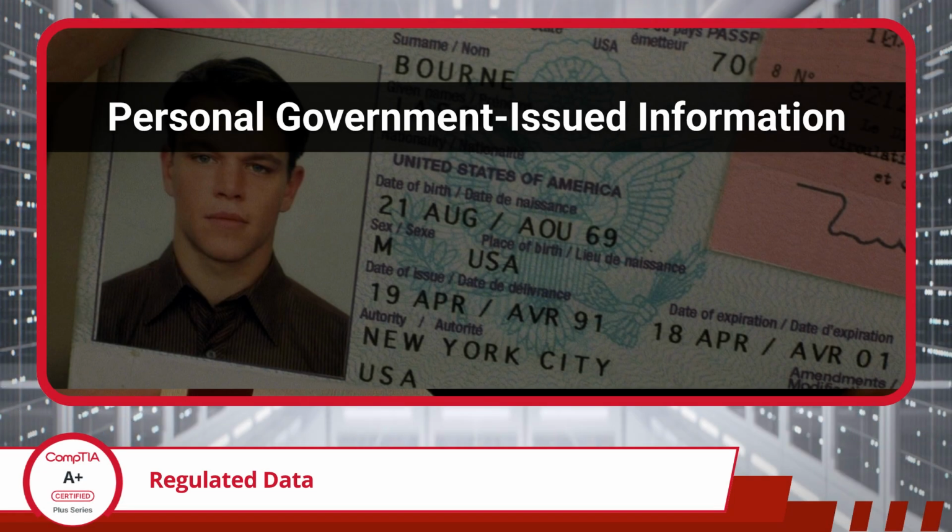Next, let's consider personal, government-issued information, a category that includes highly sensitive identifiers like social security numbers, driver's license numbers, and passport IDs. This type of data is vital for identity verification but is also highly sought after by malicious actors for identity theft and fraud. To protect this data, organizations must implement secure encryption and strict access controls to store data. For example, a banking institution that stores personal, government-issued information related to their customers' accounts must ensure only authorized personnel can access these details, and that every access attempt is logged and monitored for security and auditing purposes.